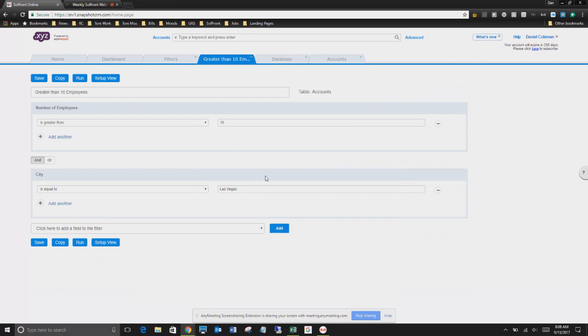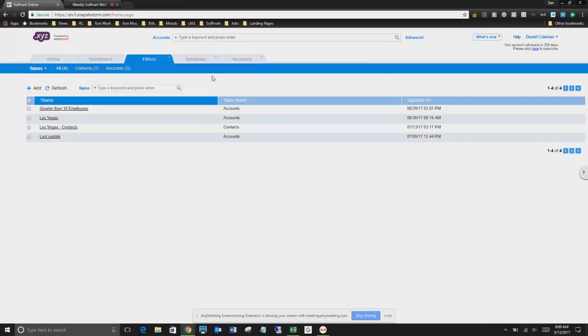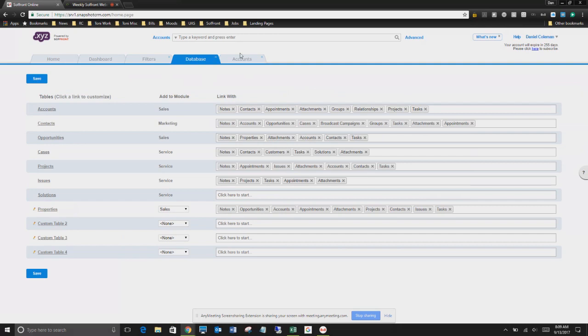And then these filters, you can use filters such as this to send out different campaigns, for example, broadcast campaigns or even automated campaigns, where you can use this kind of logic to send those emails to the appropriate people that you're targeting. So if we go back to our database,